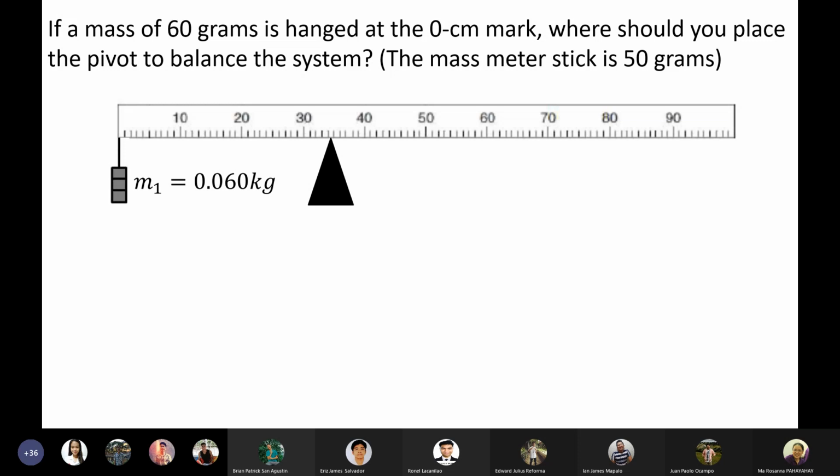Now, since you are engineers, hindi pwedeng tansyahan, lalo na pag malalaki yung system, okay? Pag pinag-usapan yung mga crane like that, or the bridges. So, kailangan natin mag-compute accurately where should be the center of mass of a system, okay? Pag pinag-usapan lang natin yung center of mass ng meter stick, makikita natin 50. Pero pag center of mass of the system, pag sinabi nating system, kasama na yung weight 1 or the mass